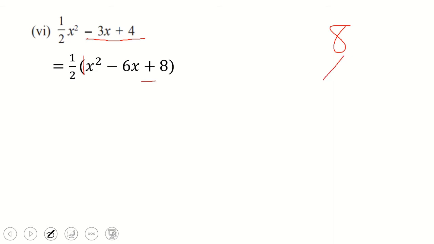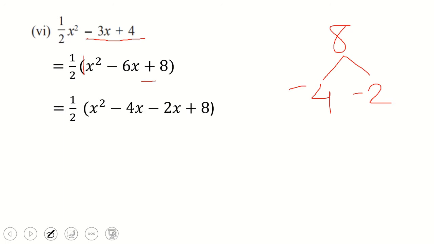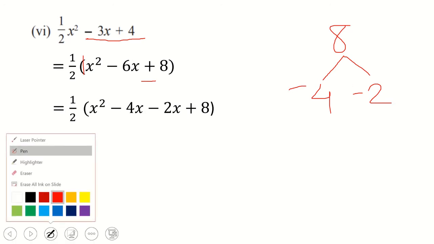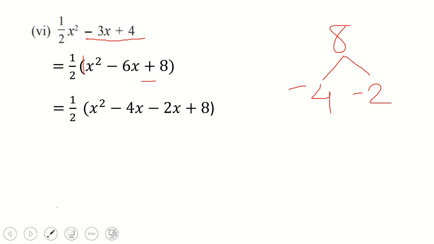So the numbers, you know, 4 2s are 8 and 4 plus 2 is 6. But see again the sign of the middle term, it is negative, so both the numbers will be negative. So we got the factors minus 4 and minus 2. So let us write them down. The middle term is now split as you can see here, minus 4x minus 2x. Now the next step is to take out common.